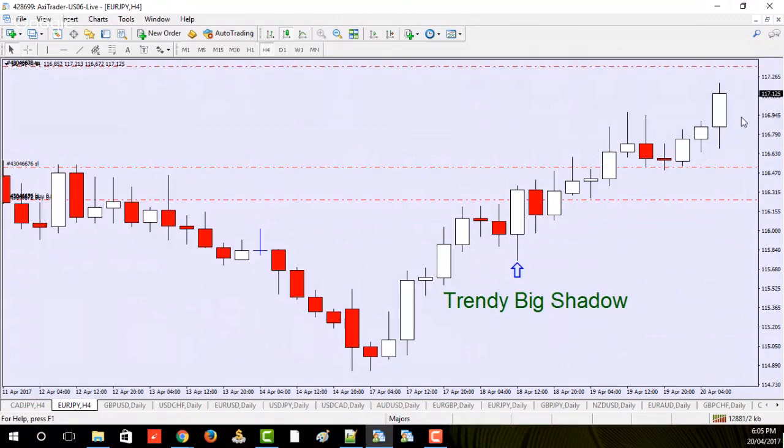Has got a trailing exit. And that trailing exit is what we call a 3-bar exit. So the last 3 bars, the lowest low. So you can see the lowest low